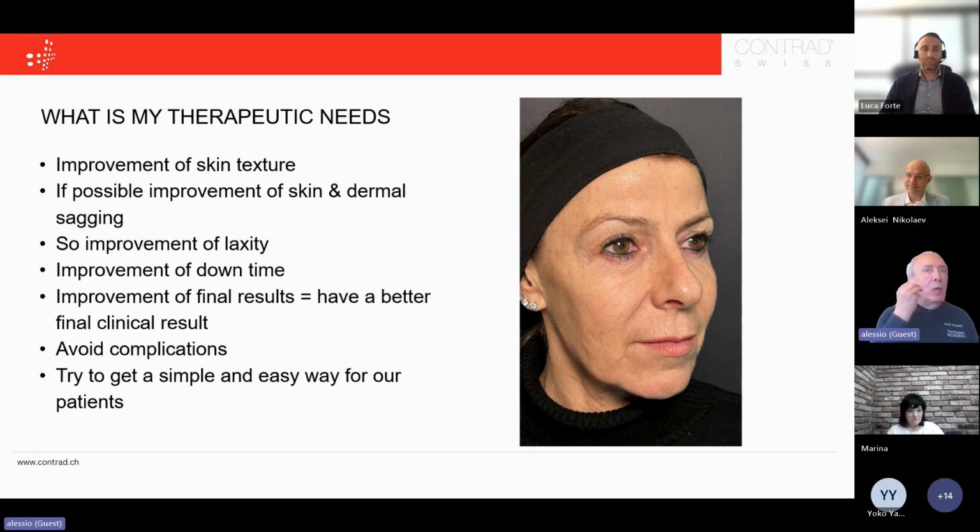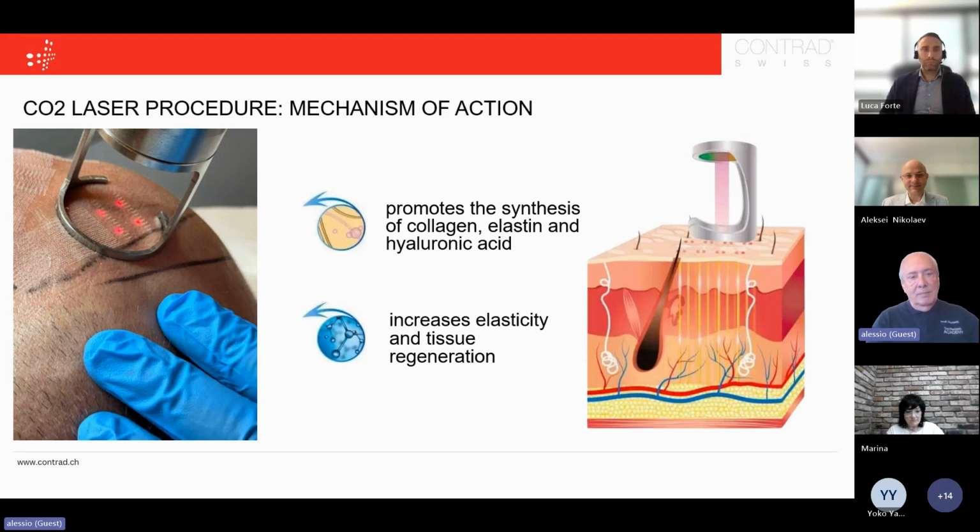So the skin will be different. The final skin, if you send some messages to the skin, will be better, and the result will be more important after maybe 5 months. And of course, avoid complications and try to get a simple and easy way that is already written for our patients. CO2 fractional procedure mechanism of action is very easy, promotes the synthesis of collagen, and it is a